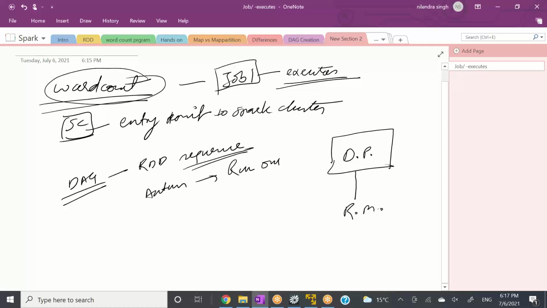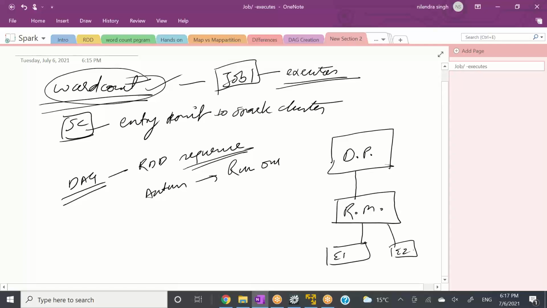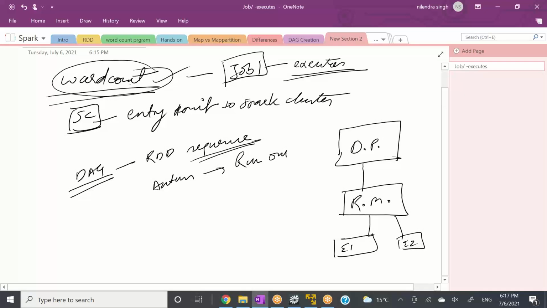The resource manager will decide and allocate resources for your job. It will then create executors for you, executor 1, executor 2.